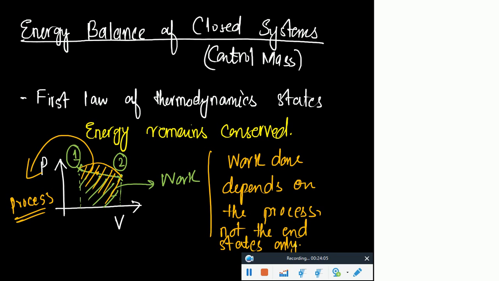Remember, this is very important to understand. We are going to use this concept later on. So remember that work done on the system depends on the process, and that curve was defined by PV raised to power n equals constant, where that constant and n depend on the empirical curve fitting. I told you that. So now there is a very interesting point about Joule's experiment.